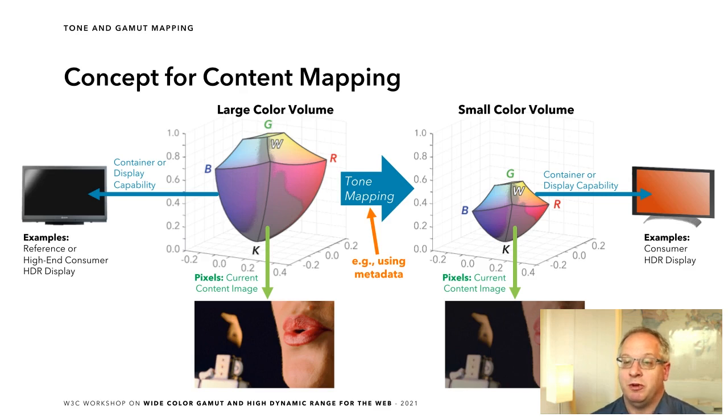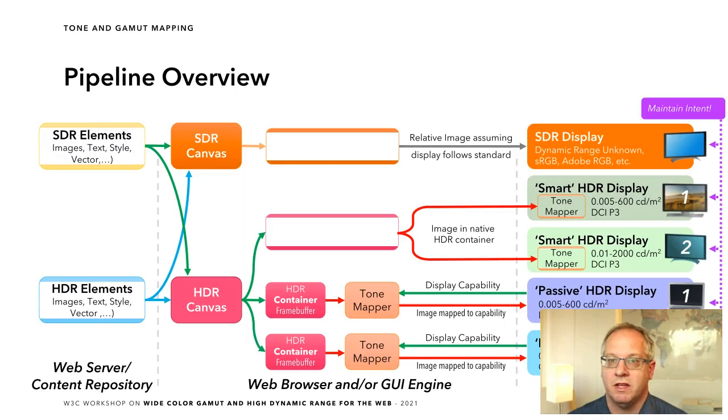Now, in order to compress the pixel point cloud in the large color volume to be faithfully represented on a less capable display, we employ a tone mapper, which can facilitate the necessary color volume reduction of the content. The result is a new point cloud that both fits into the color volume of the target display and ideally retains the original intent of the content. Finally, to improve the mapping process even further, metadata can be employed, which is common with already established advanced HDR formats.